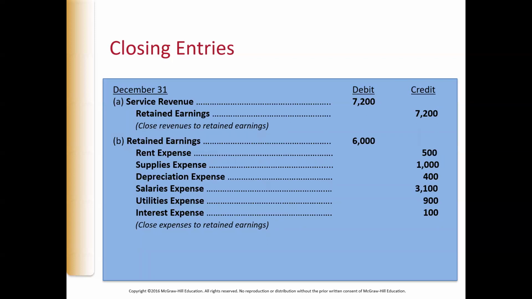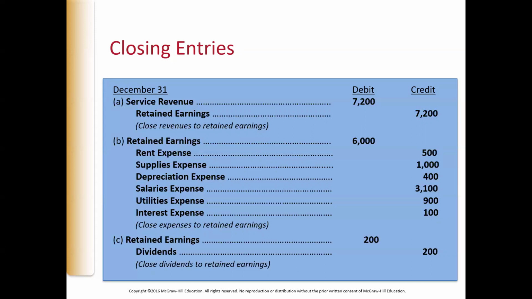Then we take all of our expense accounts that have normal debit balances and we credit them to zero them out. And we take the total and debit retained earnings, which expenses are going to reduce our retained earnings. So this zeroes out our revenues, it zeroes out our expenses,